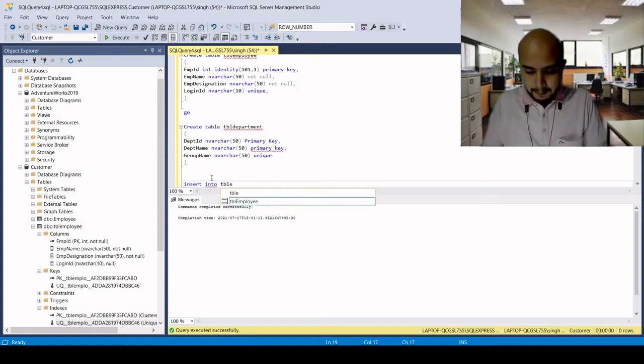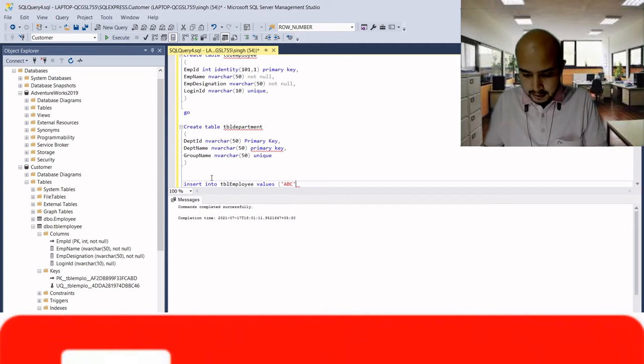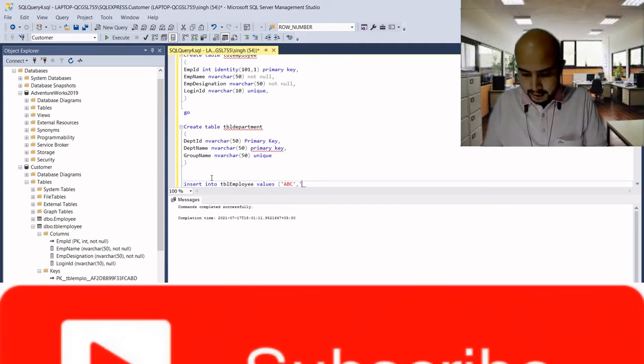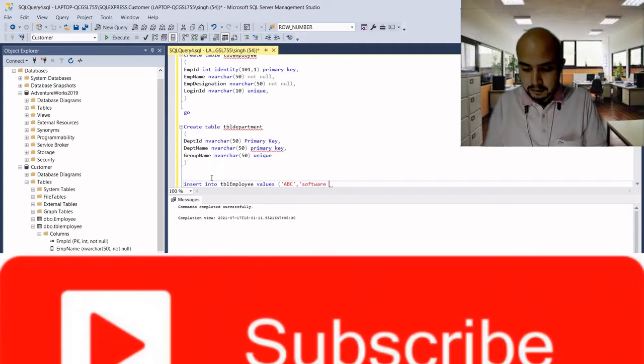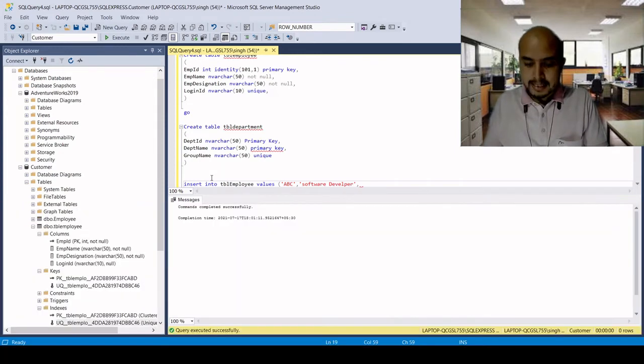Insert into TBL employee. Let's insert values. Employee ID will be inserted by default, and the employee name is, let's say, ABC, and the employee designation is software developer, and let's say login ID is 101.